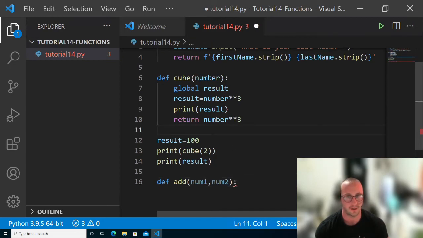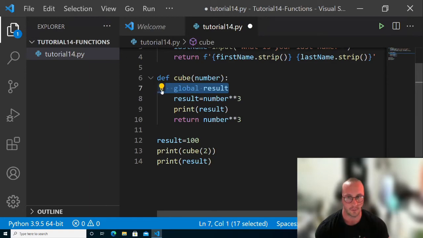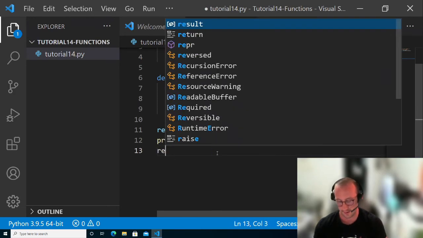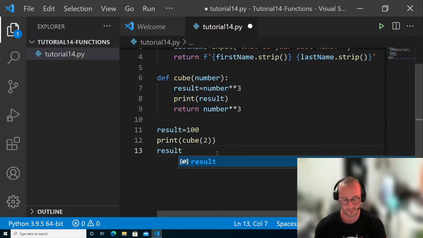Maybe create some global variables and modify those global variables and just kind of play around with it to really understand the differences. But I would definitely recommend, if you're ever working on a program, unless you really need to modify the global variables, I would avoid using the global keyword and simply use the return. And then if you really have to modify a variable outside of your function, return the results and